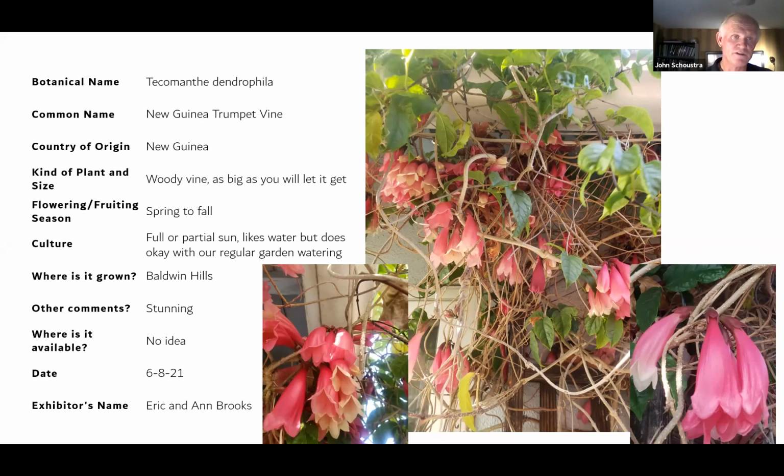And this one's definitely interesting, Tecomanthe dendrophila, the New Guinea trumpet vine. It's woody, and it blooms on old wood. So it has to get growing for a while before you see flowers. And then wherever the flowers show up coming out of the hard bark, that's where they're going to show up